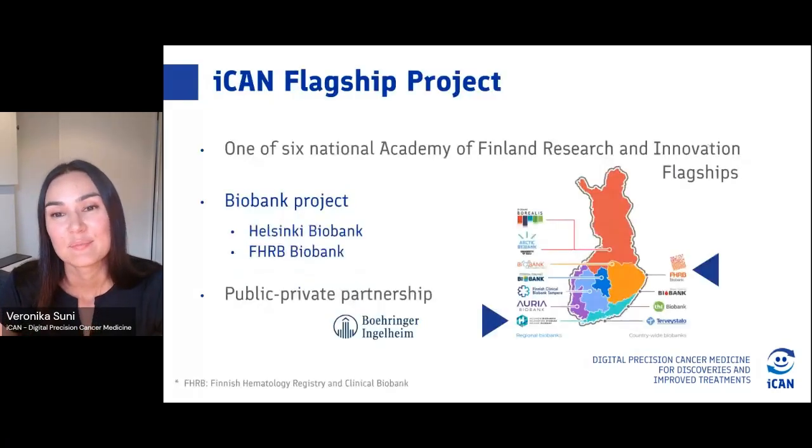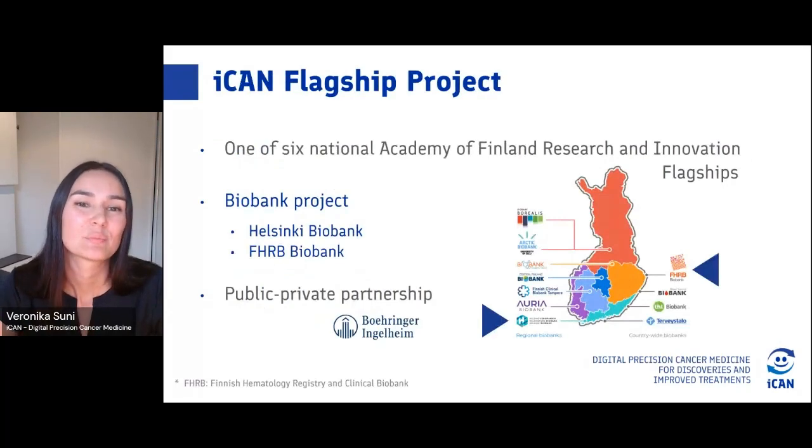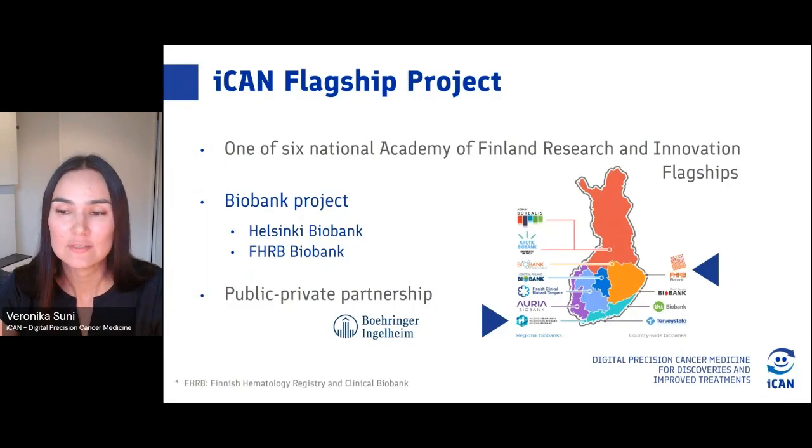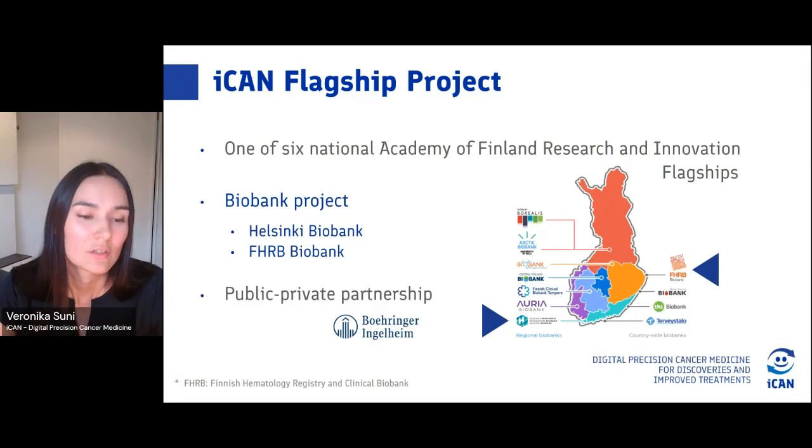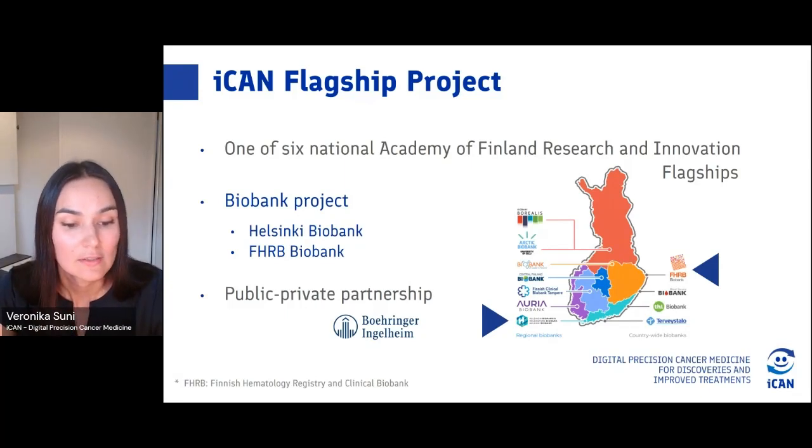Some of the most important facts about the ICAN flagship project: it is one of six Research Council of Finland flagships. It started two years ago, and already this year we are getting the first profiling data from the participants. It is a biobank project, and you see here Finland has quite a few biobanks, so we're lucky to collaborate with two. One regional biobank, Helsinki Biobank, and another countrywide biobank, the FHRB, Finnish Hematology Registry and Clinical